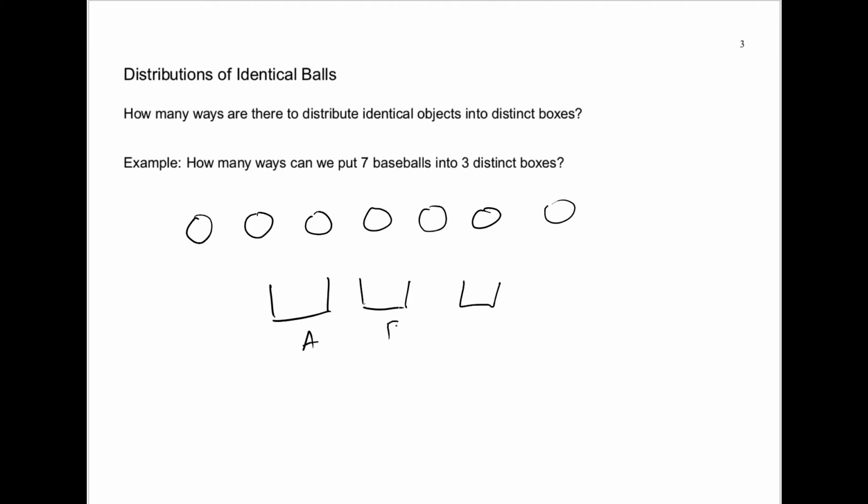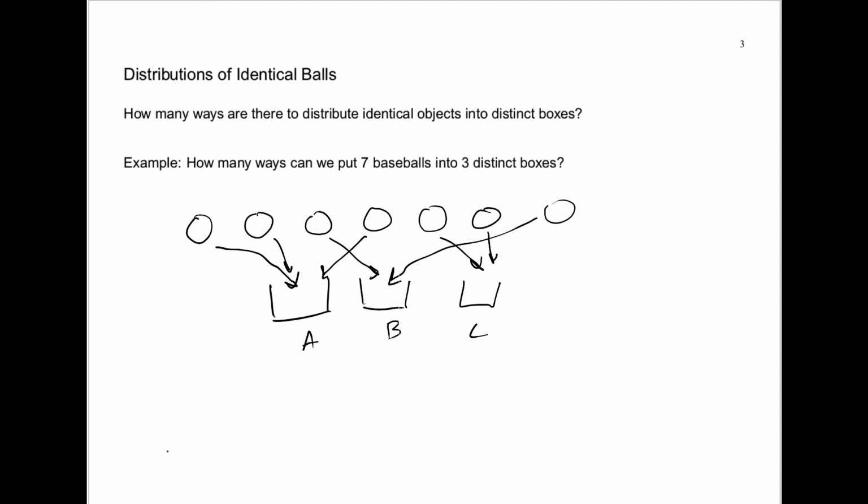They're labeled, say, A, B, and C. Well, I can give you an example of a distribution. But with all of these arrows showing the distribution, what is the only thing that matters? The only thing that matters is there are 3 balls in box A, 2 balls in box B, and 2